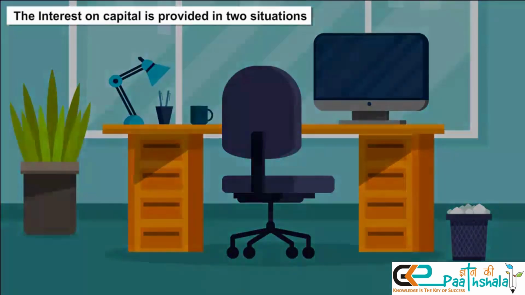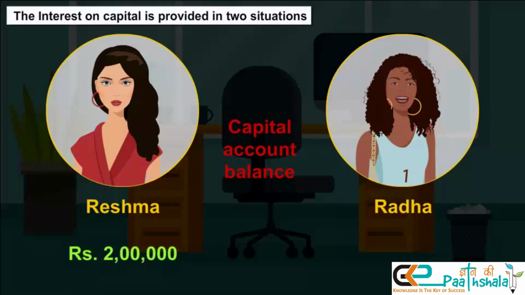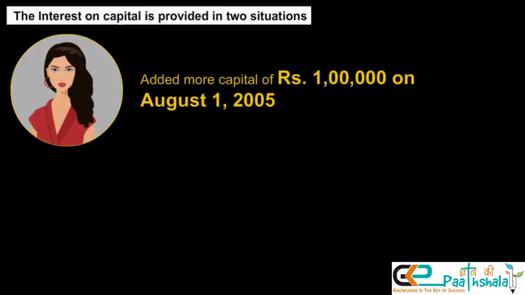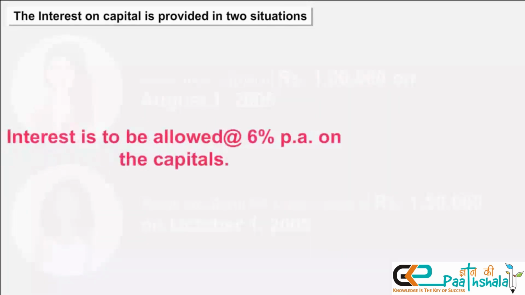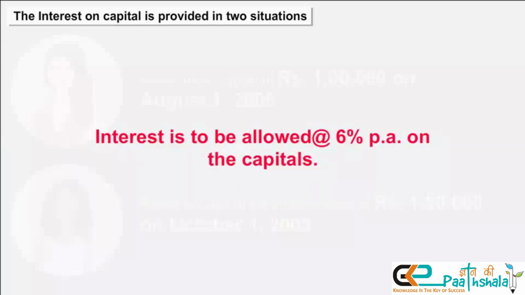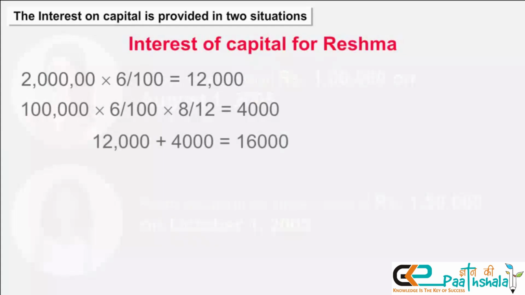Take another example, where Reshma and Radha are partners in a firm, and the capital account balances are rupees 2 lakh and rupees 1,50,000 respectively, on April the 1st, 2005. Reshma added more capital of rupees 1 lakh on August the 1st, 2005, and Radha brought in further capital of rupees 1,50,000 on October the 1st, 2005. Interest is to be allowed at 6% per annum on the capitals. The interest on capital will be calculated as